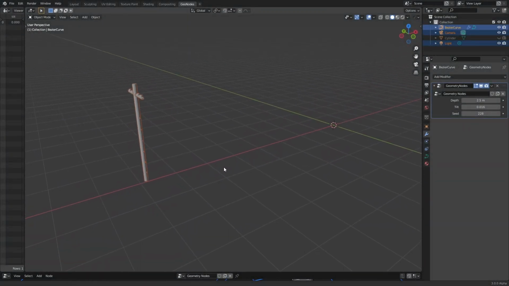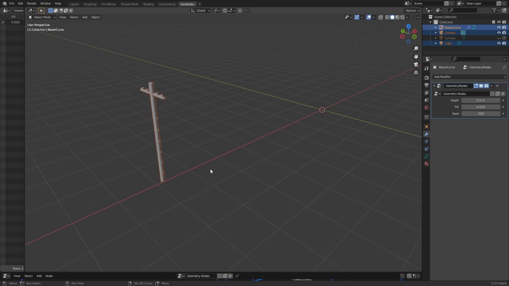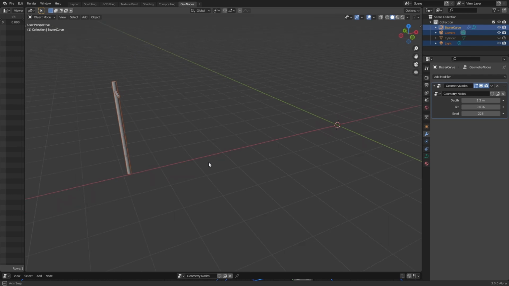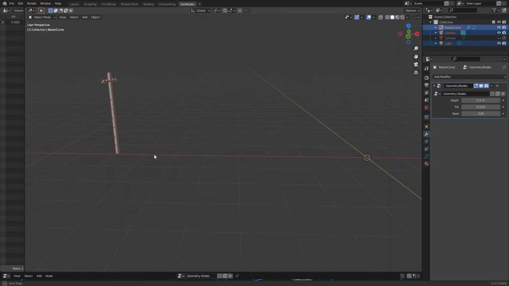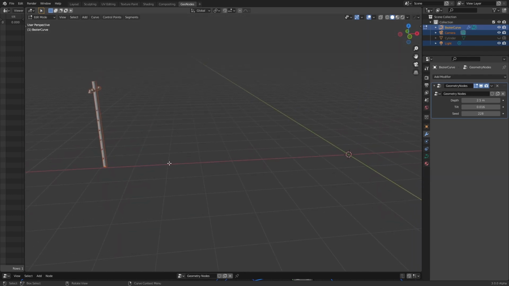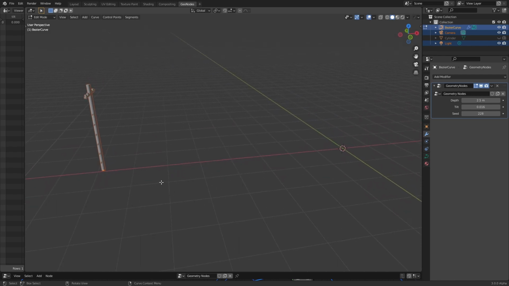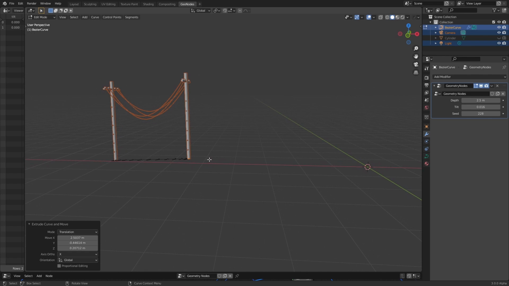I was watching the video that Andrew Price sent about the power lines in geometry nodes, and some people asked me in the Discord how we can do this. So I'm going to share with you how I replicated this setup. As you can see, with just extruding the curve,